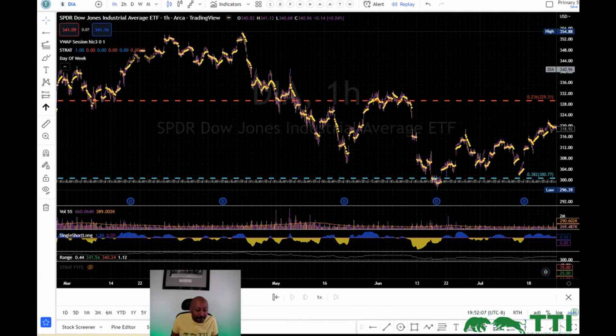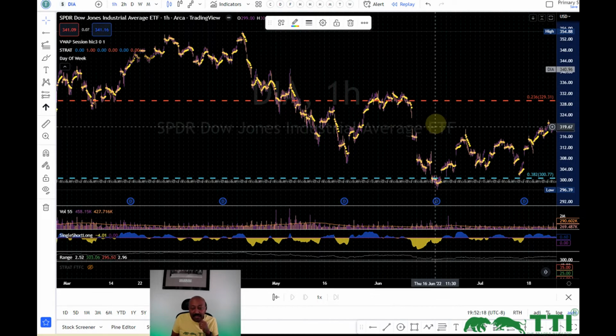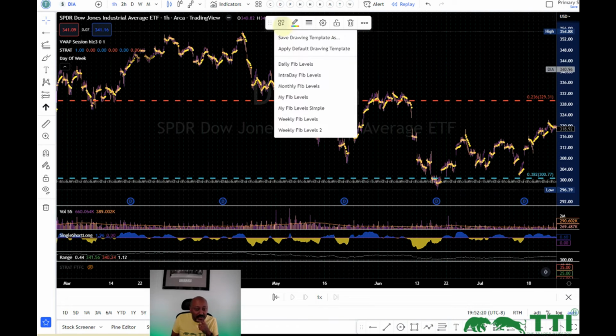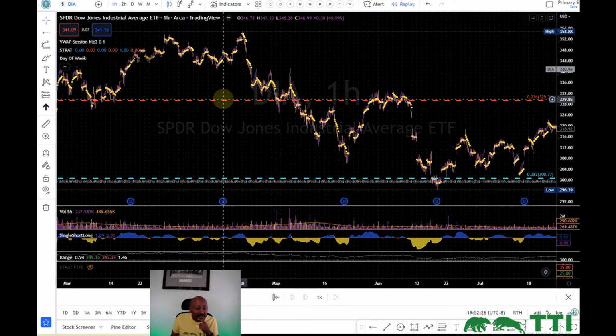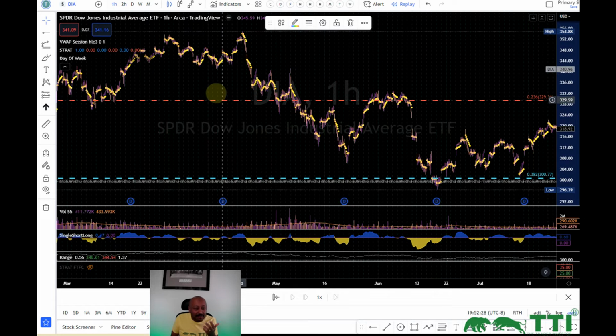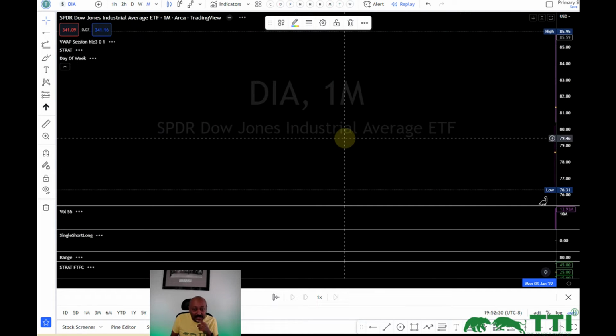It's just a good question. When you were drawing your fib, you clicked something and it had different options that came right away, like the daily, intraday. How did you pull that menu? Okay, so in TradingView, you can save a drawing as a template. So what I did was, once I drew on a monthly and I got happy with